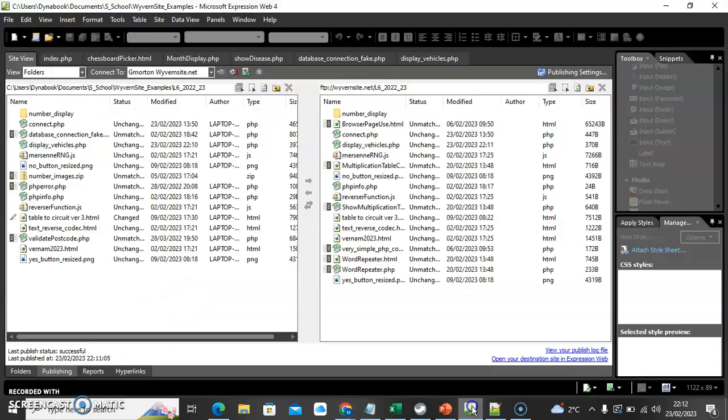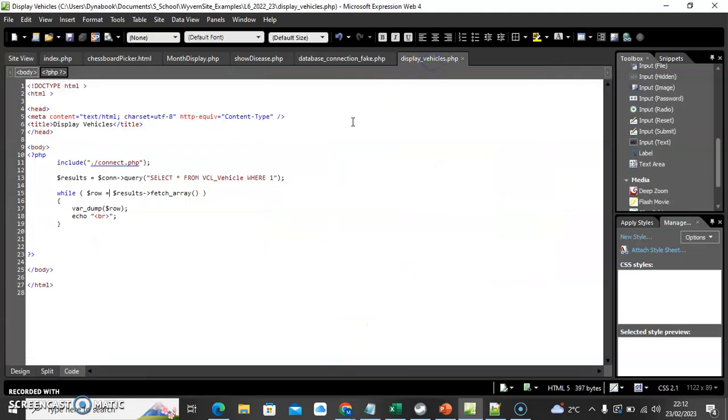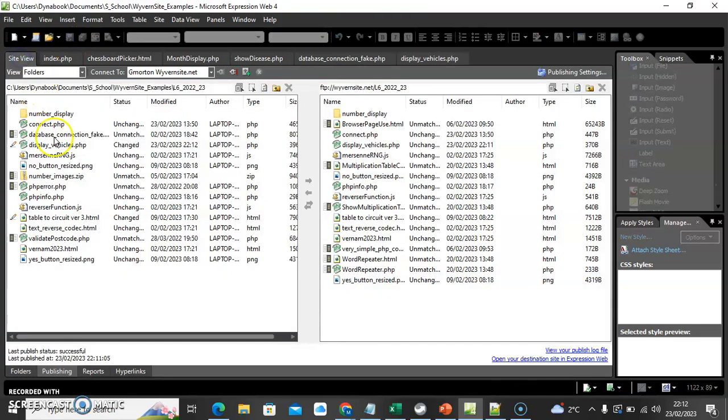Okay, that's fine. It's a little bit ugly. Is there anything we could do about that? Well, instead of using var_dump, we might change that to print_r, which is to print an array. And if I save that and then kick that up to the site,